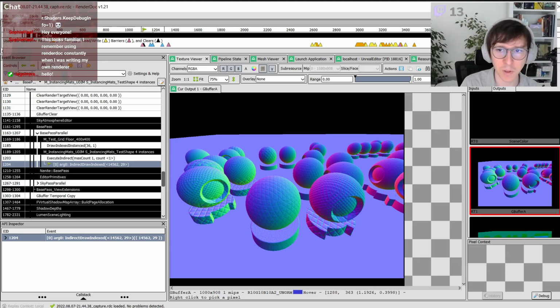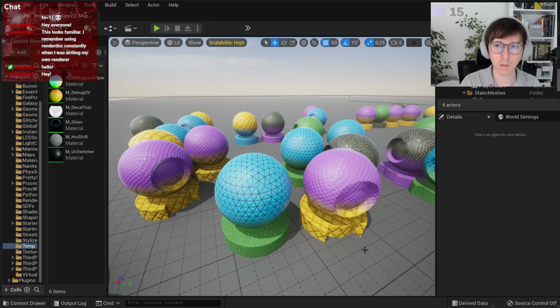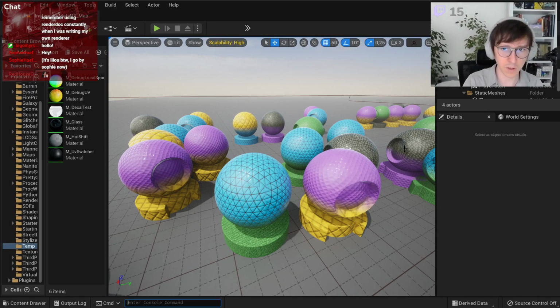I'm not a RenderDoc expert by any means. One eye says, just for information, for debugging you need to change some console variables to get the whole pipeline. So disable optimization of shaders and keep debug info. I think this RenderDoc capture did it automatically, but as one eye says, typically you have to do r.Shaders.KeepDebugInfo 1, and also